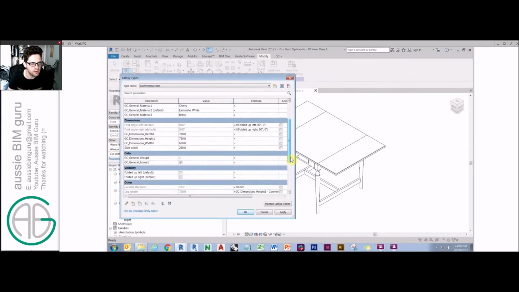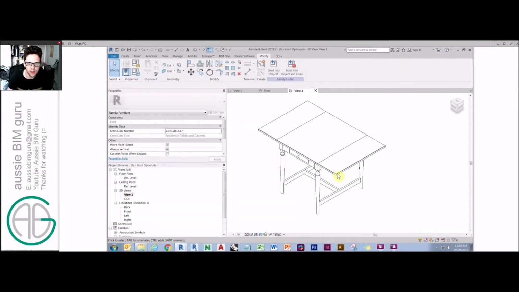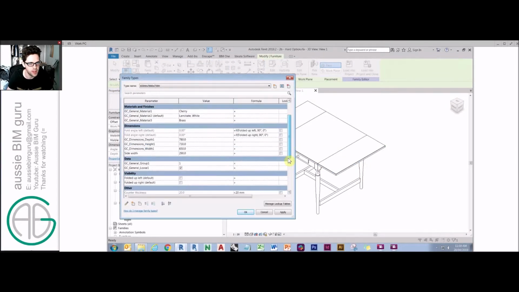From there, I've set up a formula. So I've got basically is it folded up on the left or is it folded up on the right? And the angles are basically controlled respectively by this. And then the struts are controlled internally in the family. So they just know what to be depending on what angle they're at, rather than me having to do it